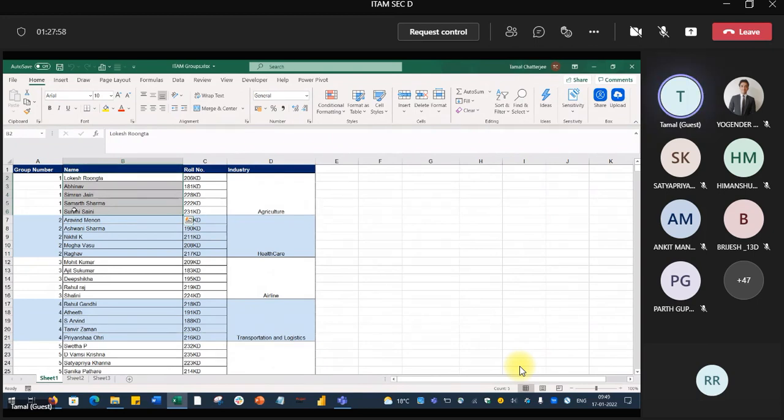Lokesh, Avinav, Simran, Samarth, Suravi. Or group 2? Avinand, Ashwini, Nikhil, Megha, Raghav. Hello. Yes, sir, I'm there. Which group, Nikhil? Group 2, sir. So you are aware that you have a presentation on Wednesday. Yes, sir. Fine, perfect. Sir, I just wanted to know what topics are to be covered in that presentation.